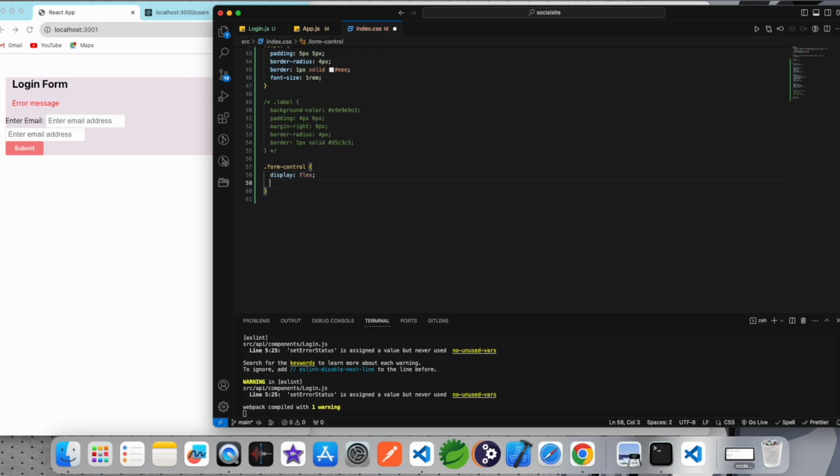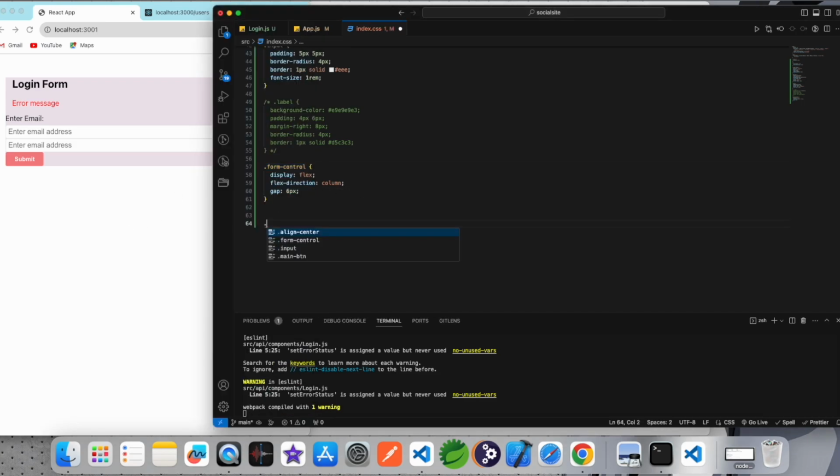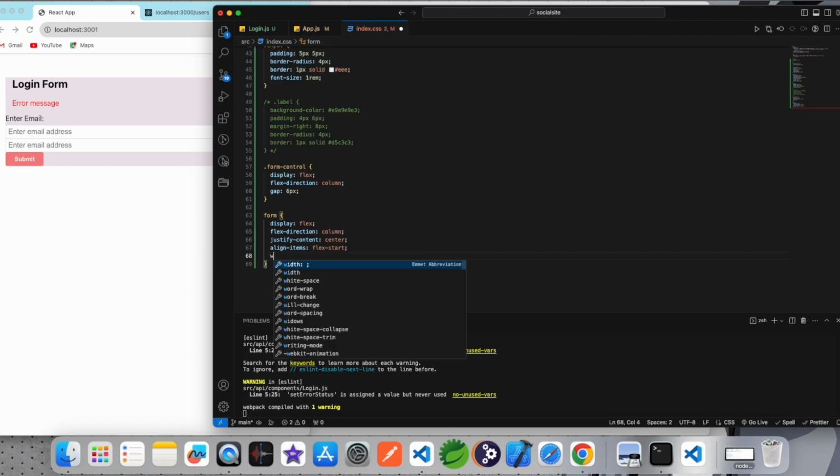And then form control, this is a div where each input field lives. I want display as flex, direction column. I want view as a stack one, and then form, I also display flex, direction column. Justify content center, align items start,